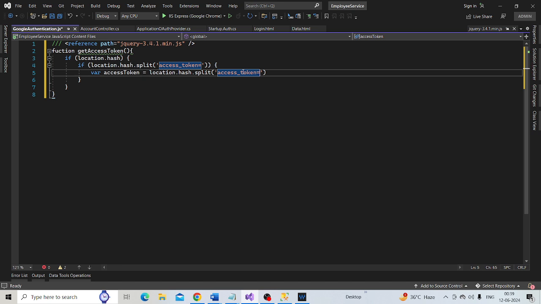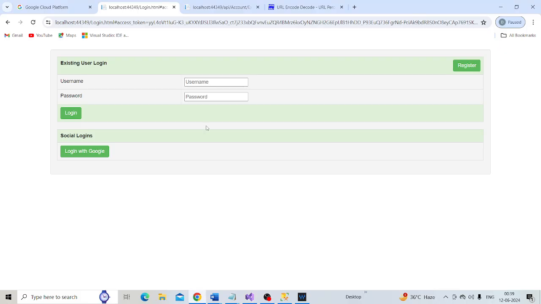And in the URL, in addition to access token, we also have a few other query string parameters.